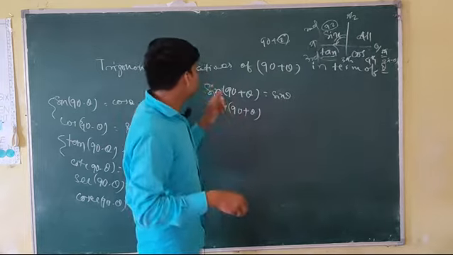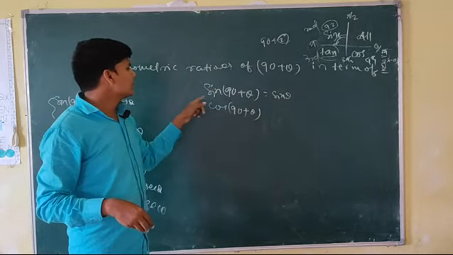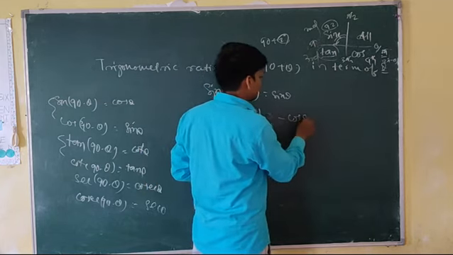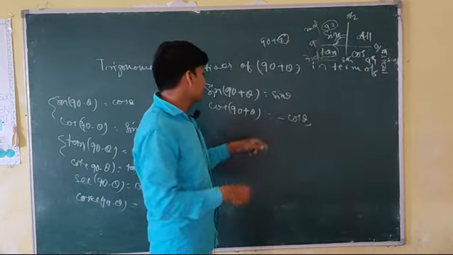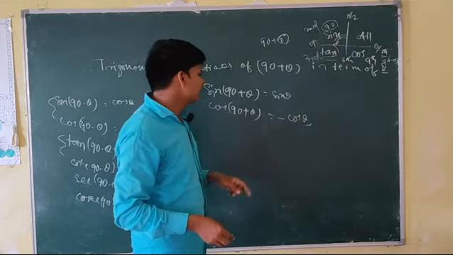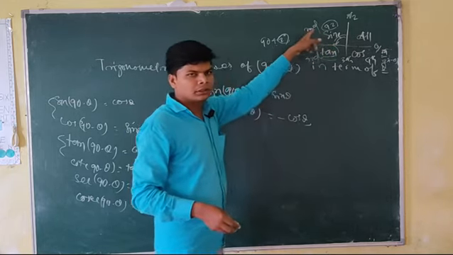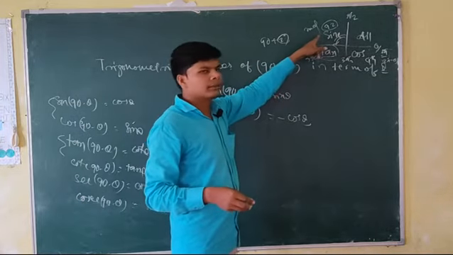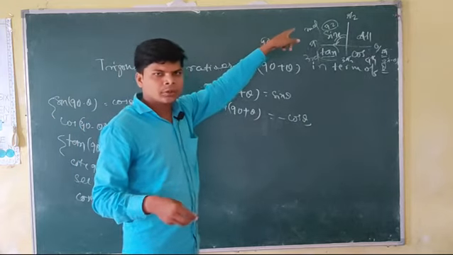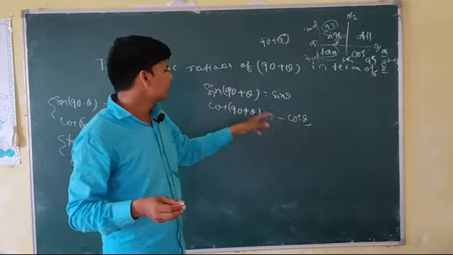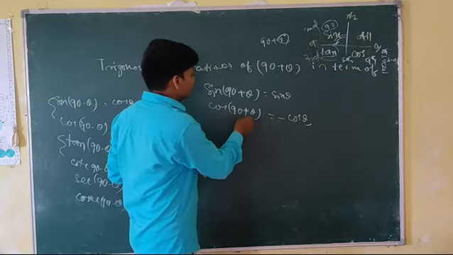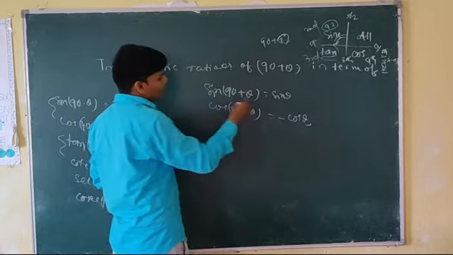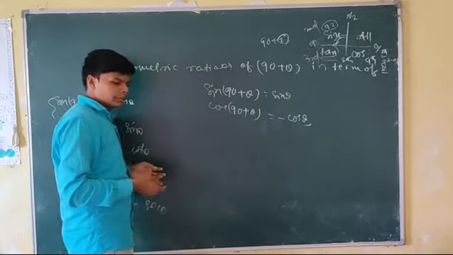Okay, as these two are complementary to each other, sin(90 + theta) is just cos theta. Why is there a negative sign before the cos theta? It is because of the quadrant, as the angle 90 + theta belongs to the second quadrant, where the value of the cosine ratio is negative. That's why cos(90 + theta) is minus cos theta. All of you need to memorize this. No need to find an expression.